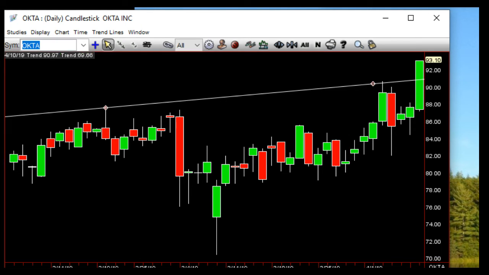Okta, this was nice. The 1-3-2 continuation rev strat. So when you have an inside bar, it goes down, comes back through. That's reversing the equilibrium, which it did. Then you have the fractal broadening formation of this, the expansion of that Okta. The problem is going into new highs.